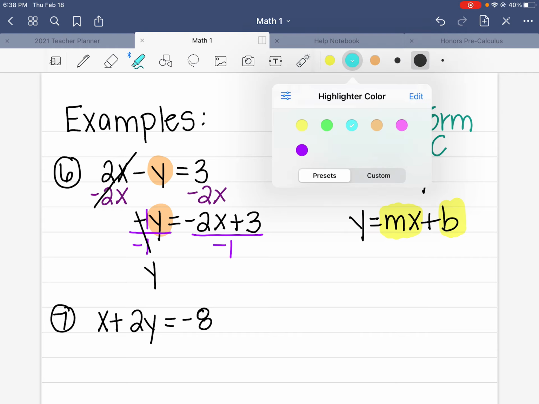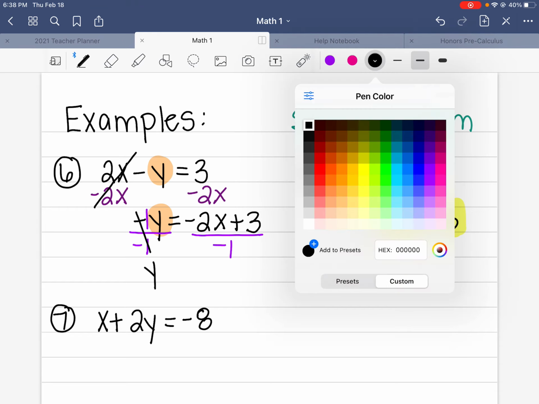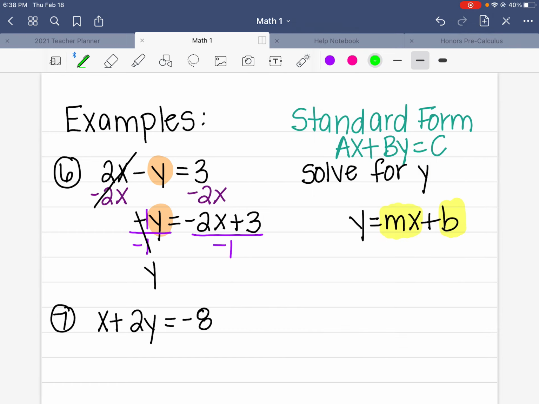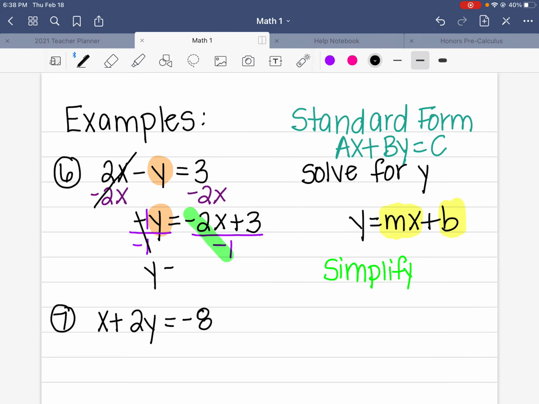You have to simplify here. I cannot stress this enough. You have to simplify. All right. So when I simplify, I'm going to make sure I divide both pieces by my negative 1. So I'm going to divide negative 2 by negative 1. And when I do that, I get y equals, so negative 2 divided by negative 1 is going to